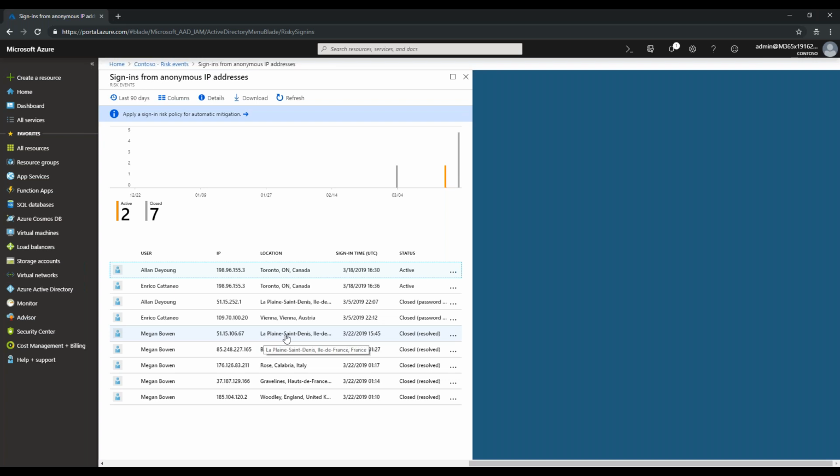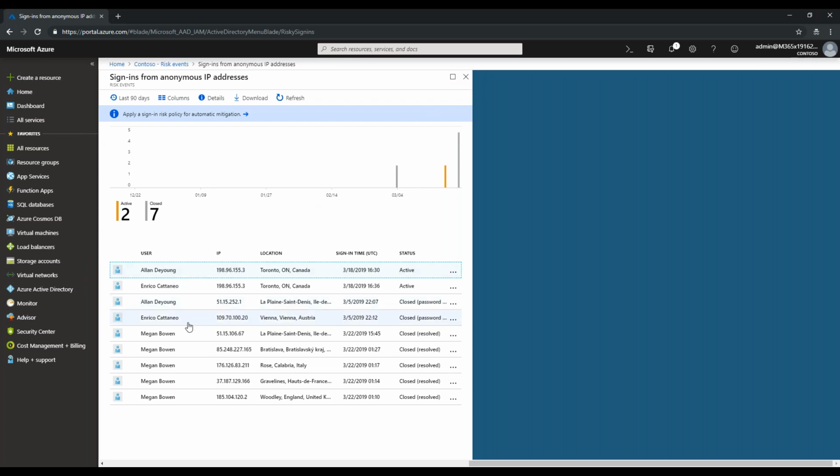You can see that this is a location in France from where the actual request was coming in. This is actually an older entry, but it will appear here. It shows these two users as the active ones coming from behind an anonymous IP address. The one that we just made will also appear here in a short time.